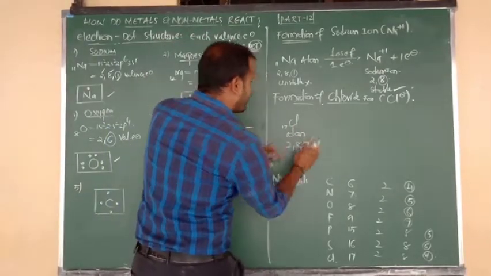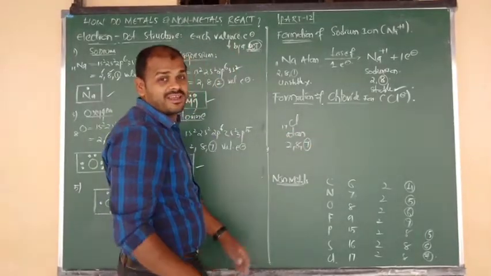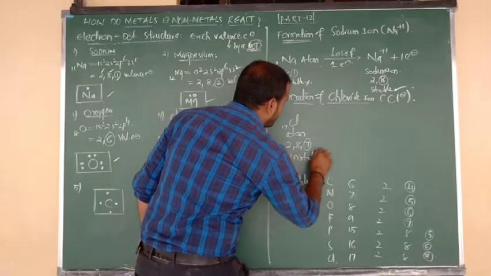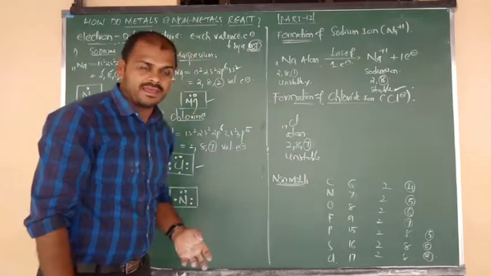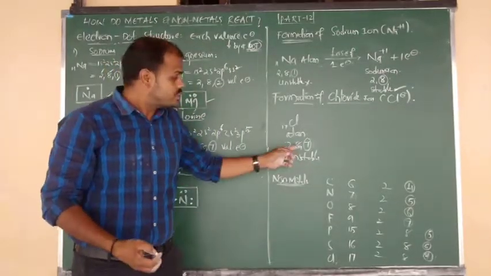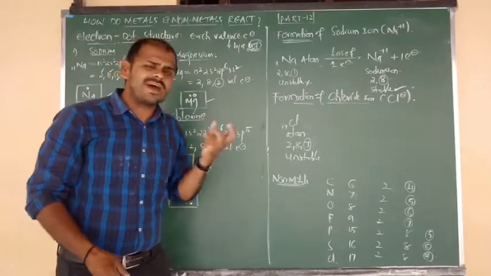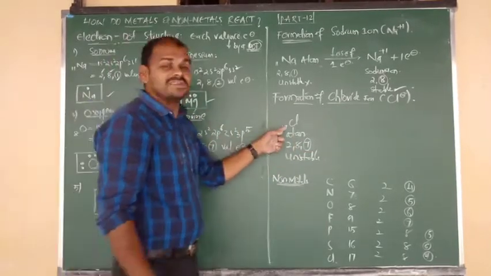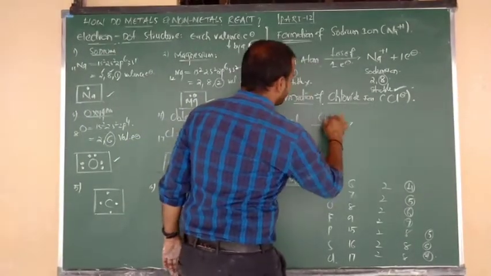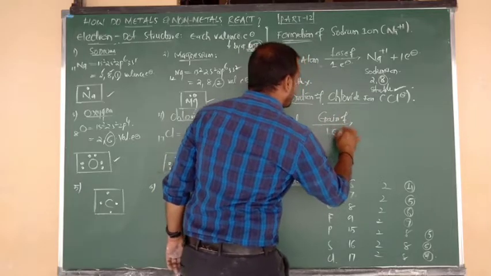But in that chlorine atom, in that Cl atom, the outermost orbit contains 7 electrons, which means this is not an octet. So we can say this is nothing but an unstable configuration. So to gain stability, the outermost orbit already has 7 electrons, so it is ready to accept another electron. It is very eager to get another electron because it has more electronegativity. So I want to write here, by the gain of 1 electron.